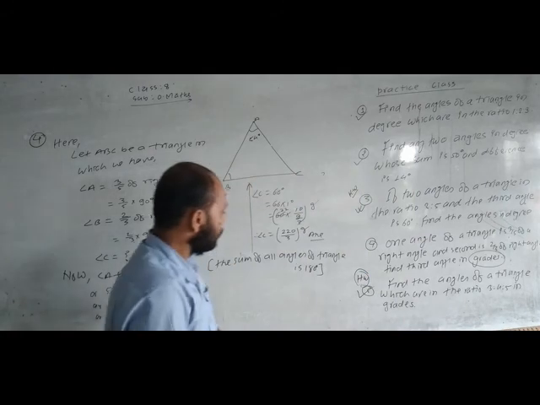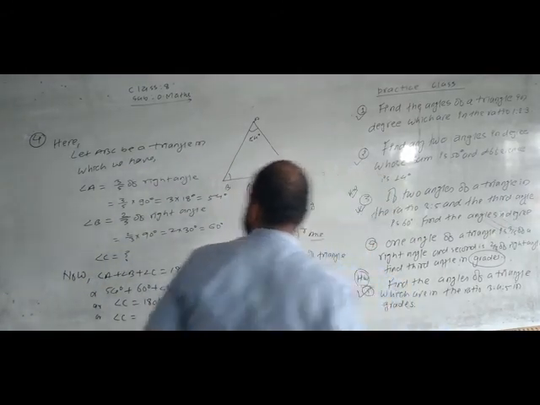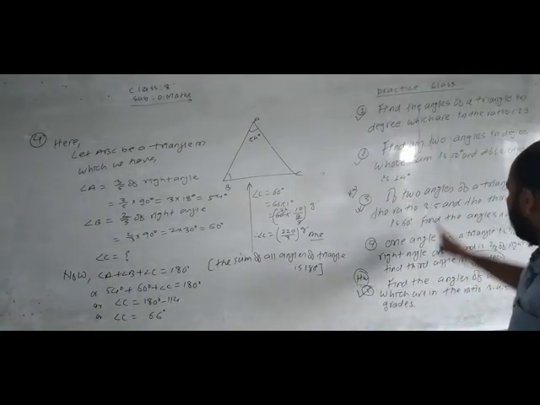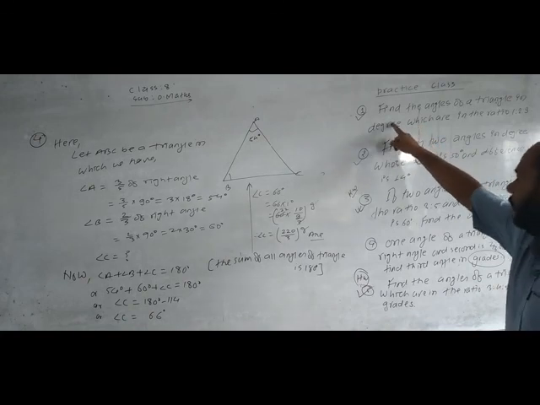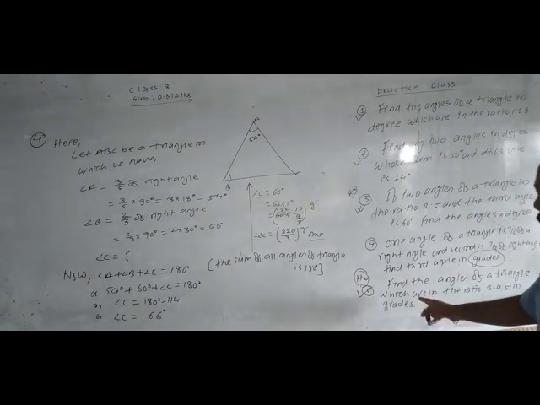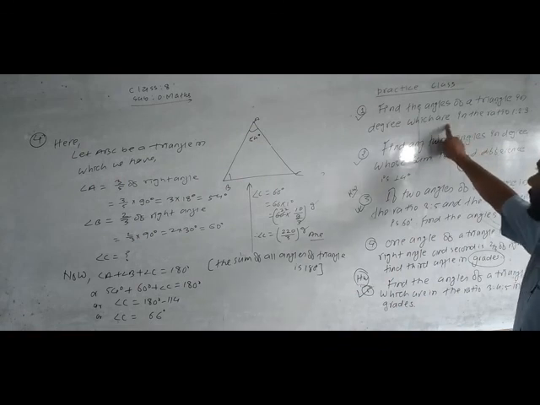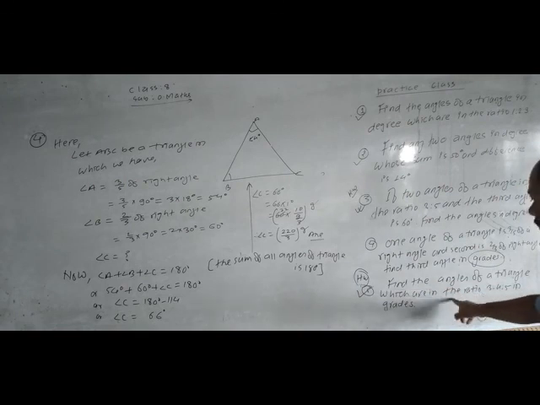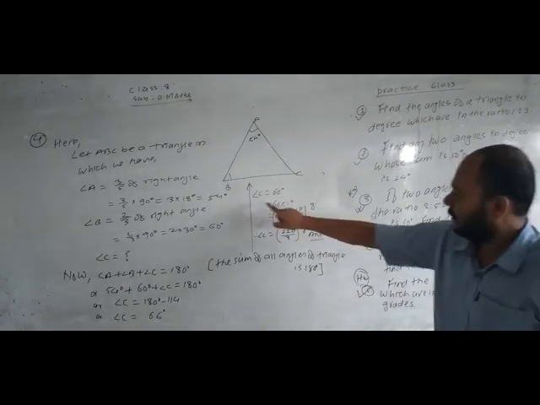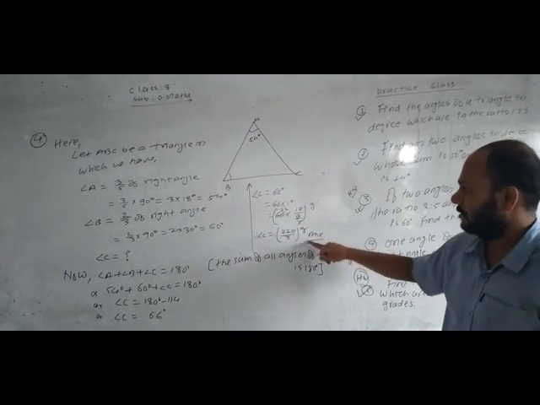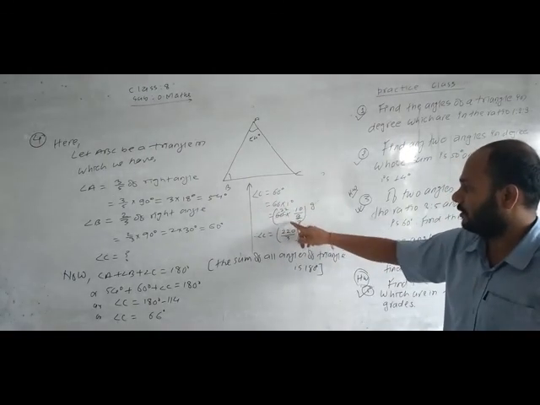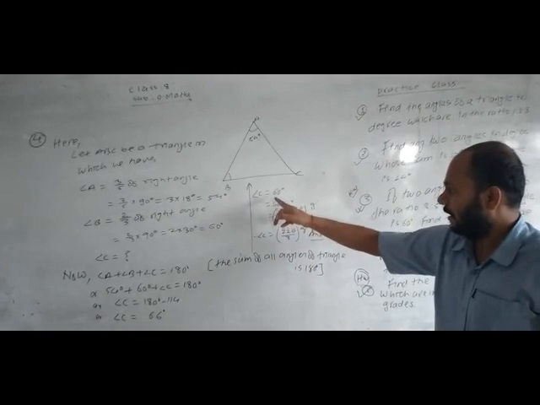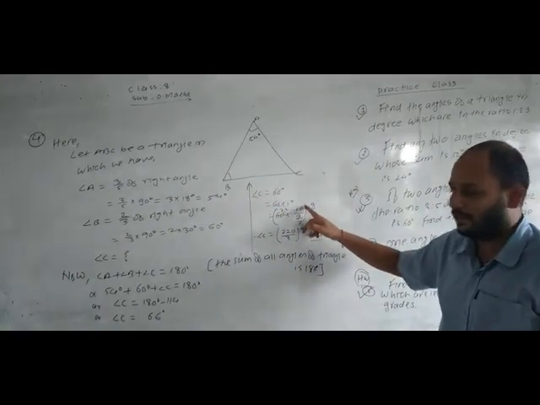Now listen here. For this question, first you find all the angles in the degree same as question 1. Question 1 and 5, these two are the same. Only there is a difference: there, your question says find angles in the degree, and here your question says find angles in the grade. So first you should find the angles in the degree, and at last you convert all angles into the grades one by one, by multiplying by 10 by 9.